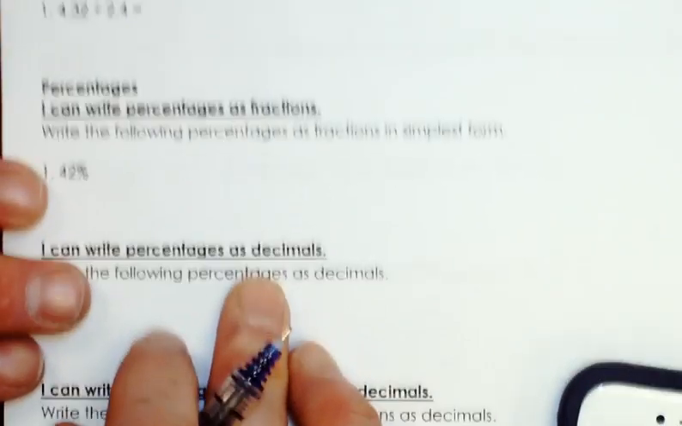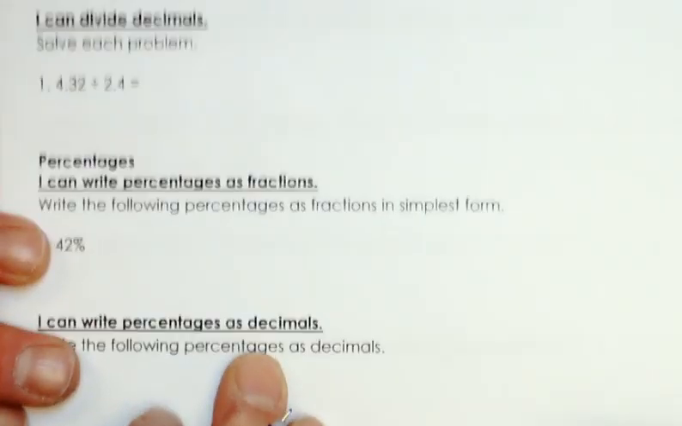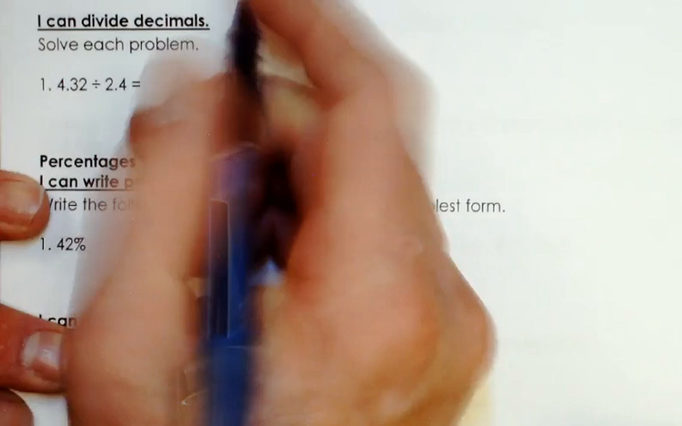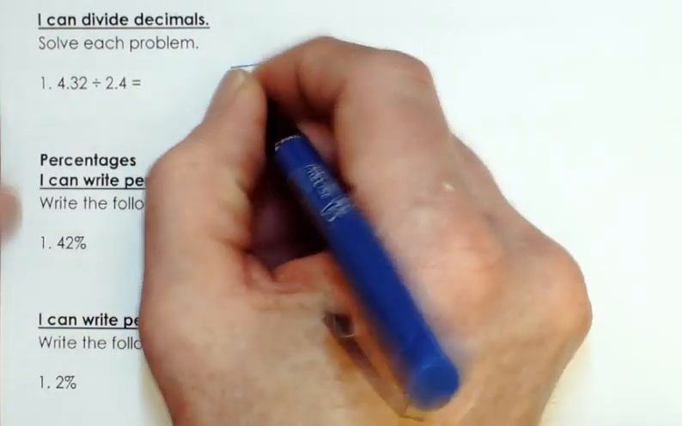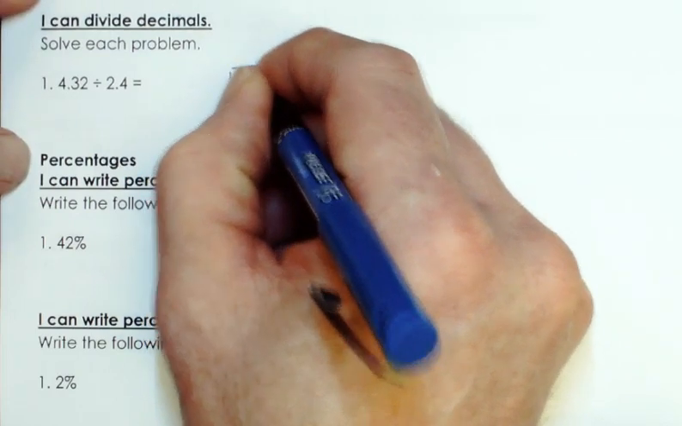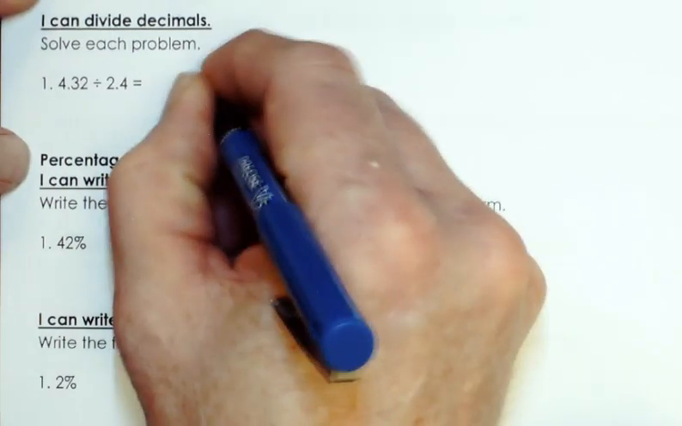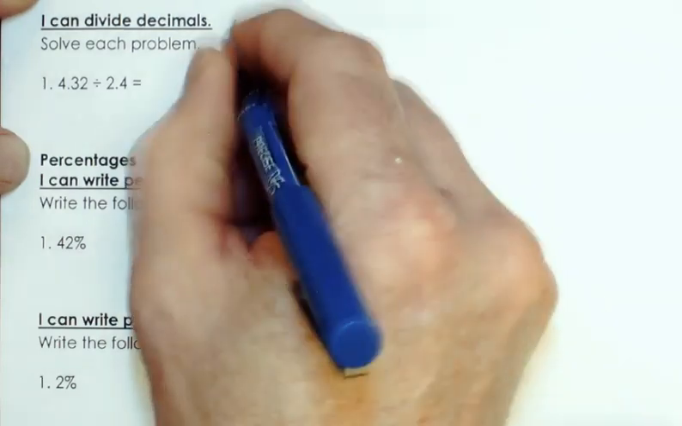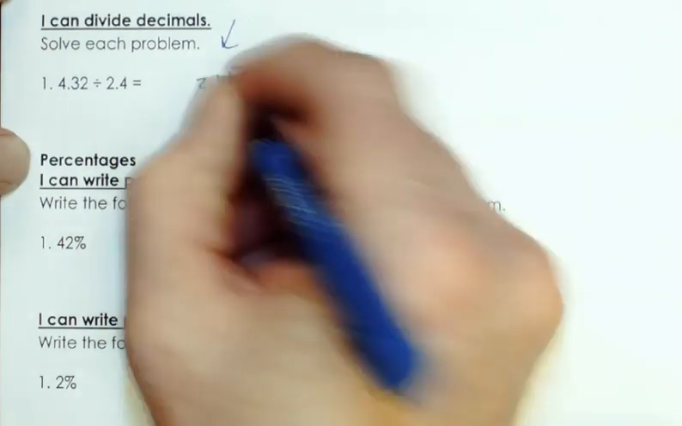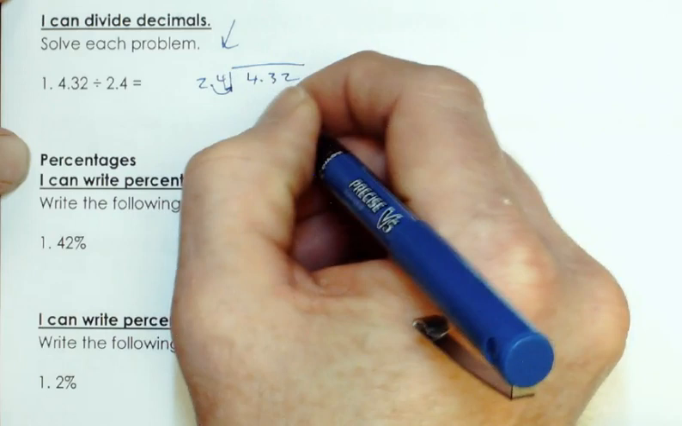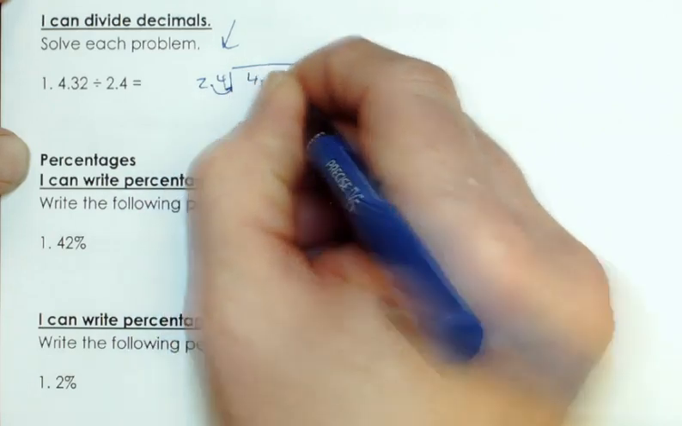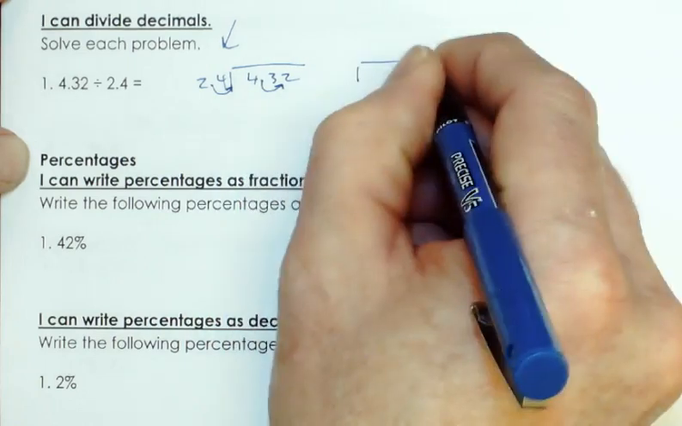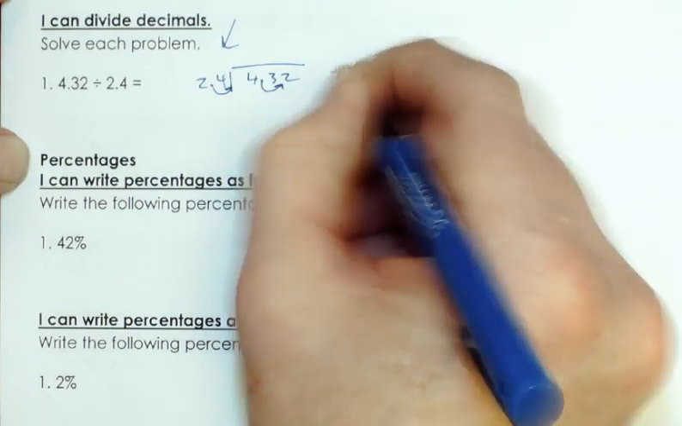I can divide each problem. I can divide decimals to solve these problems. So first of all, you just have to take and set this up as a division problem. So this is really 4.32, and we're dividing it by 2.4. Well, we can't have decimals in this divisor here, so we have to multiply that by 10 and move it. Literally just move the decimal, but we have to multiply this side by 10 too and move the decimal. So really, my new problem is 24 going into